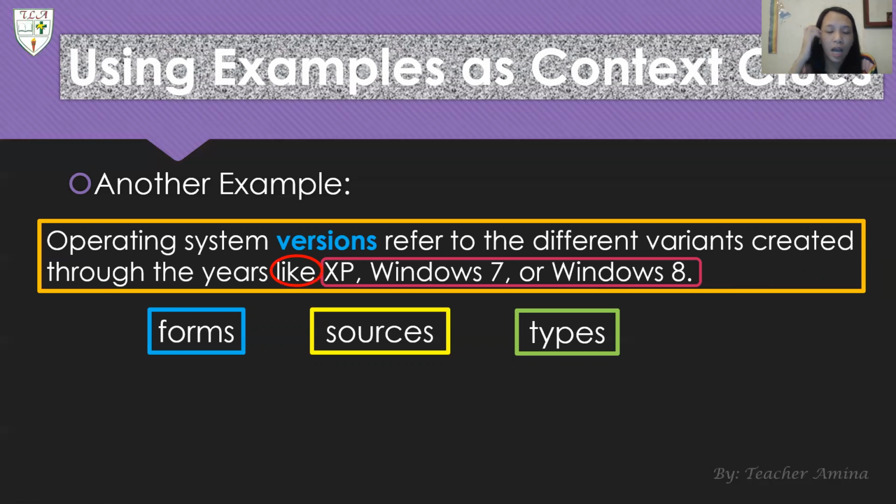Because it was after the expression like. So now we know that versions means different types of operating systems, which are XP, Windows 7, or Windows 8.